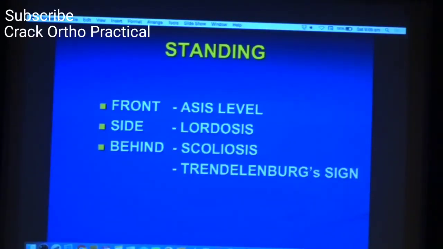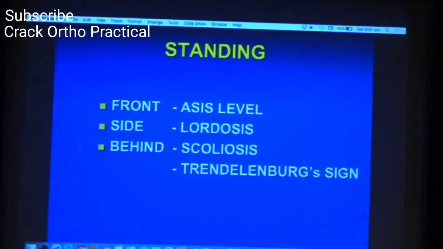From the side, whether there is an exaggerated lordosis, and then you go behind the patient and you try to look for any scoliotic deformity. This scoliotic deformity, again, we said spine, hip, knee complex. So if there is a limb length discrepancy and the anterior superior iliac spine is at a lower level, obviously there will be some compensation occurring at the spine level also, which will be detected as a scoliotic or a coronal plane deformity. Obviously, this is not a structural scoliosis, so it is likely to get corrected the moment the patient either sits or he lies down.